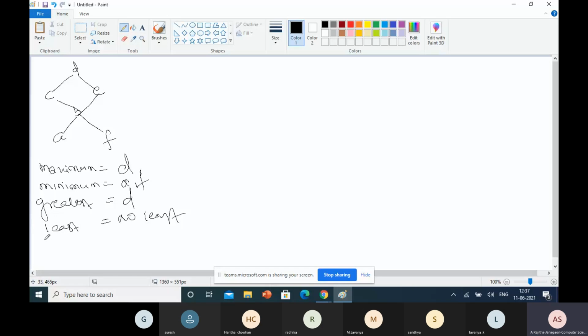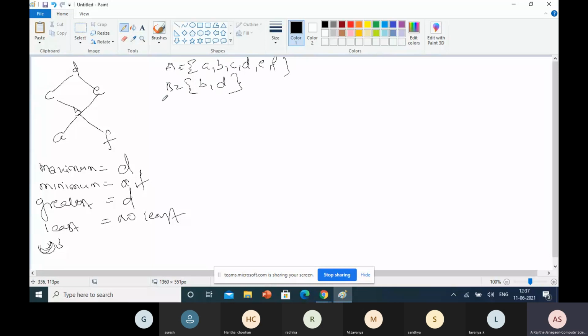And coming to the upper bound. We can find upper bounds by taking all combinations: AF, or ABF, or BE, or BC. Like that you can find the upper bound for all combinations. First, I am finding the upper bound for the set of elements A, B, C, D, E, F. In the problem also they give us a set and ask to find the upper bounds for the given set of elements. Here I am assuming B, D.